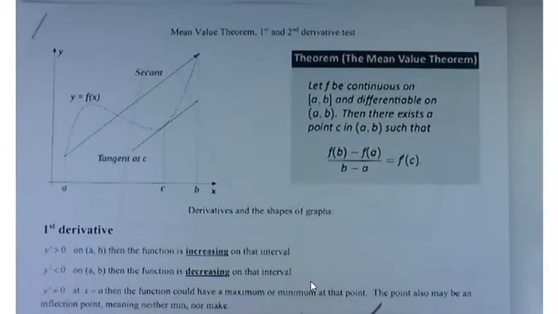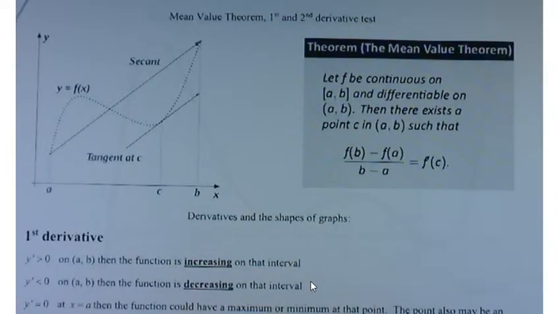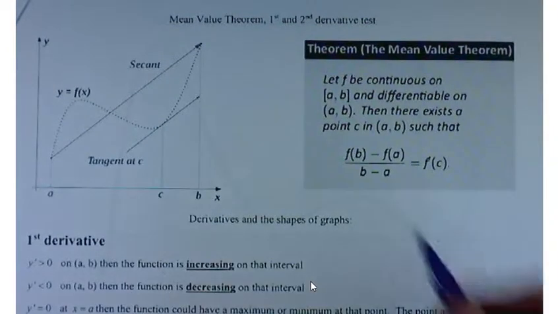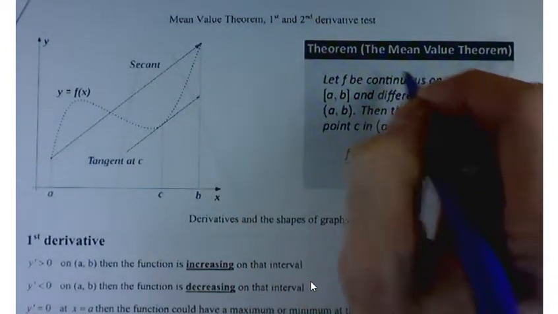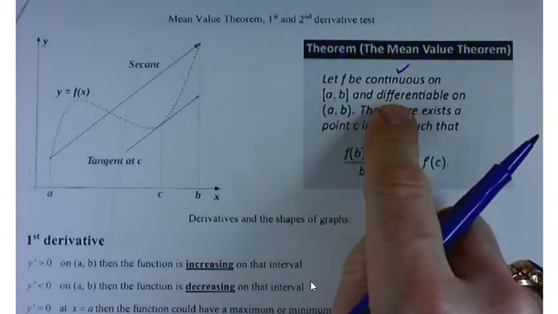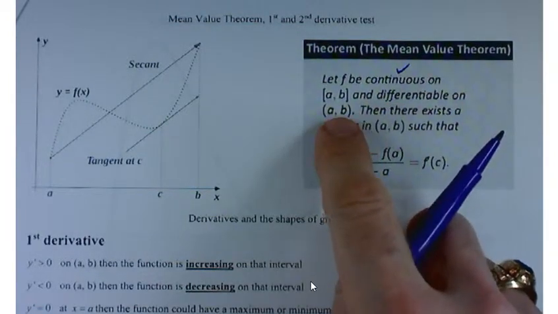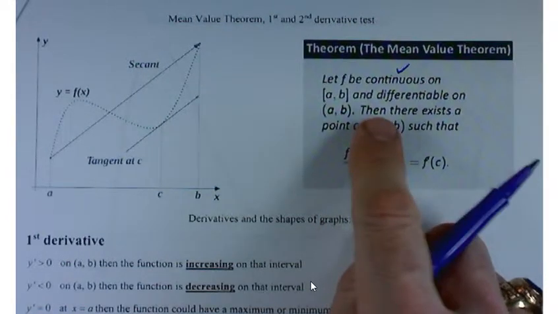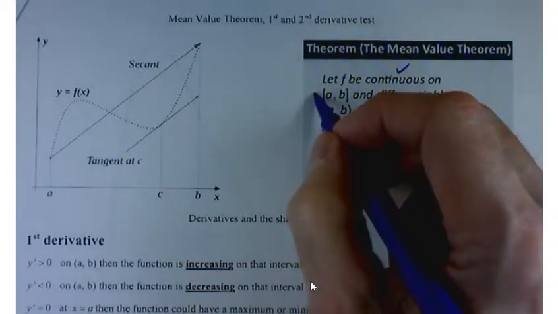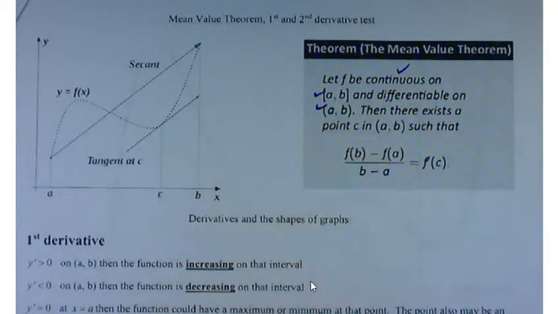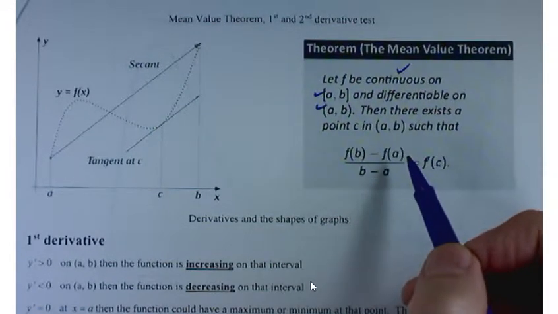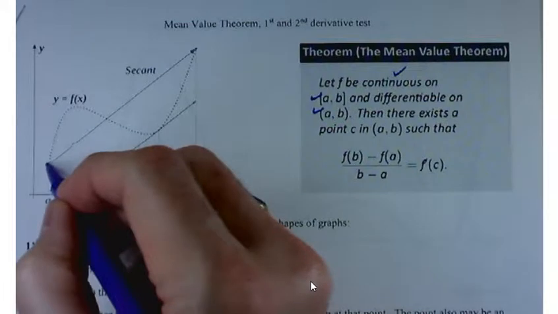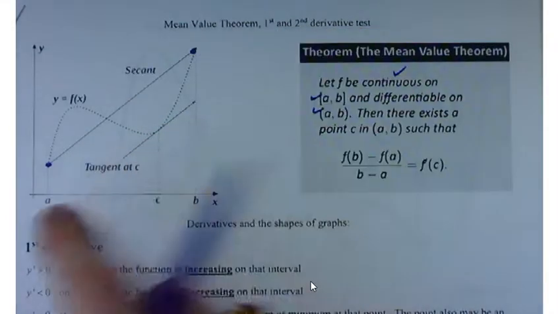So the mean value theorem has a couple of the same assumptions that Rolle's theorem did. You have a continuous function, and it's differentiable on the open interval. So those two assumptions are there, but we're not asking for the function to equal itself at the endpoints. What the mean value theorem is saying is that if you draw the secant line to your function, so there's